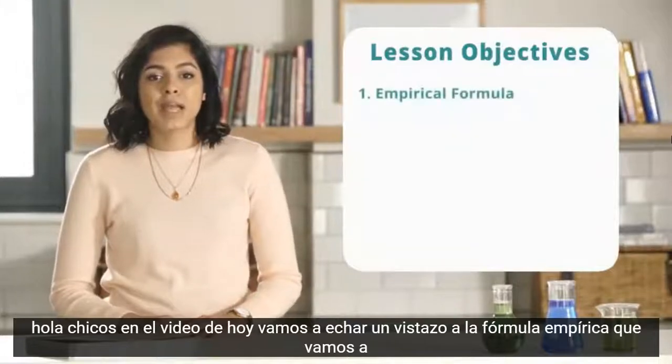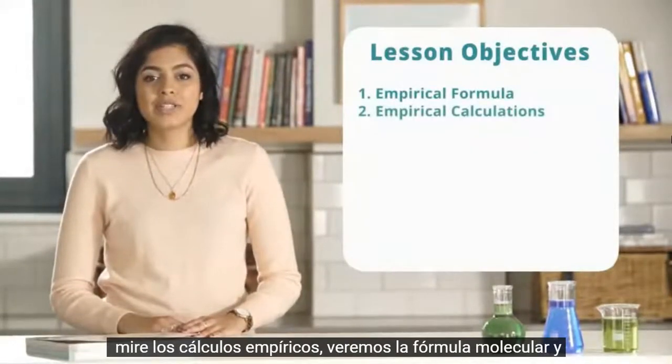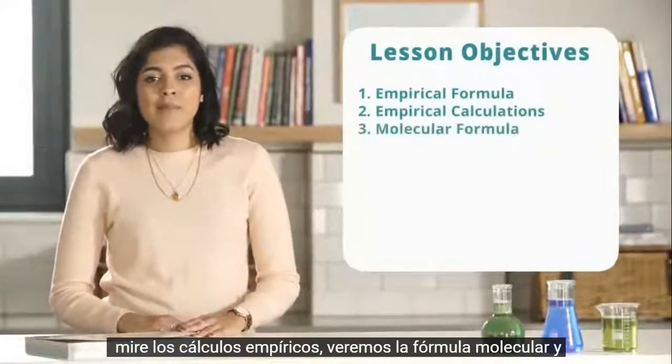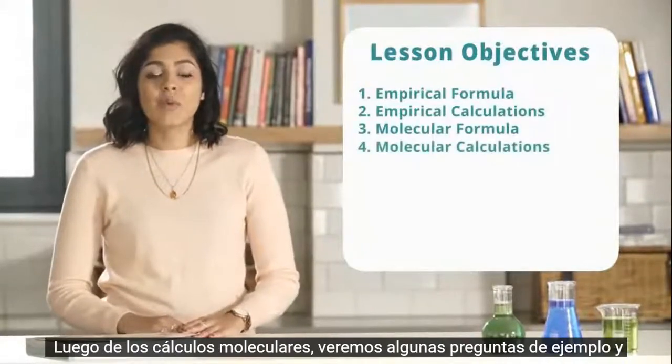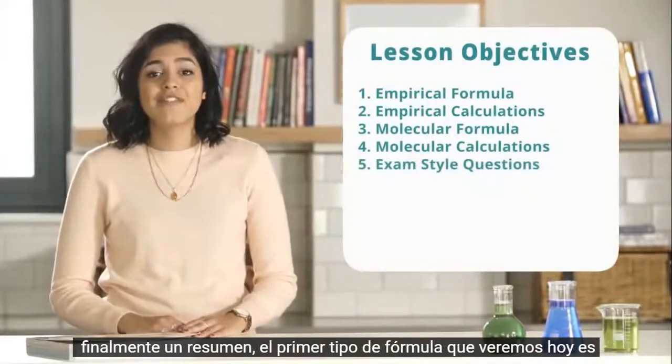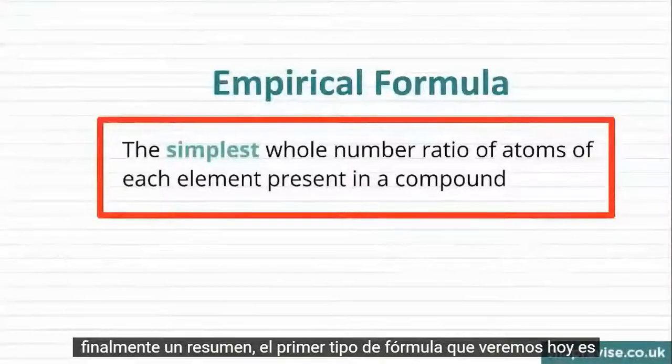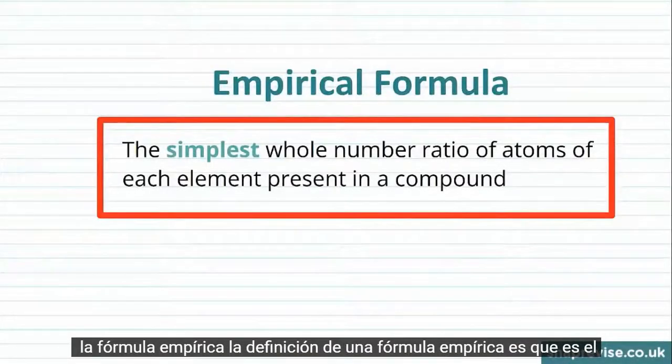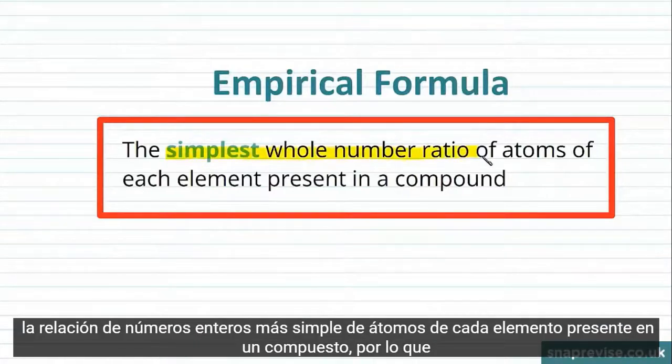A look at empirical formula, we'll look at empirical calculations, we'll take a look at molecular formula and then molecular calculations, we'll take a look at some exam style questions, and finally a summary. So the first type of formula we'll have a look at today is the empirical formula. The definition of our empirical formula is that it's the simplest whole number ratio of atoms of each element present